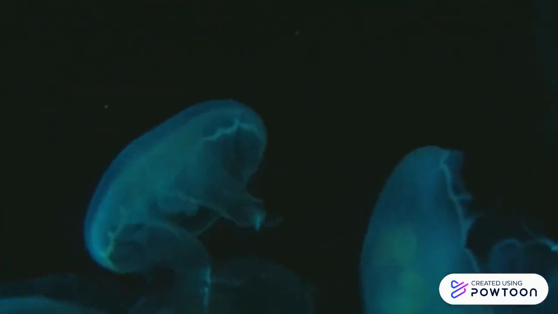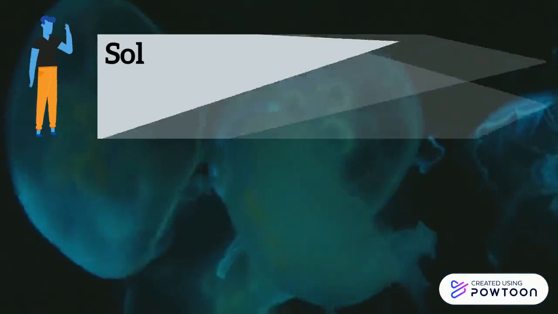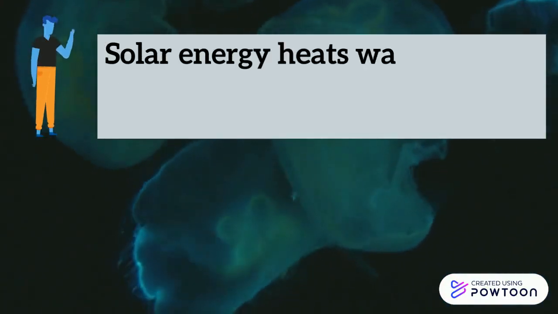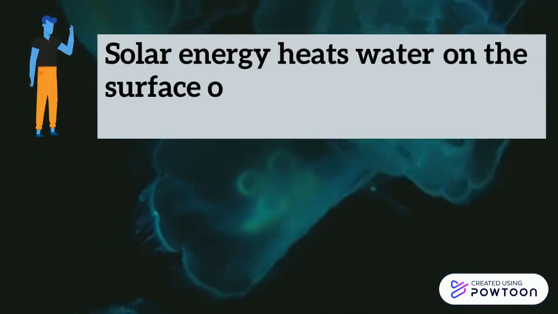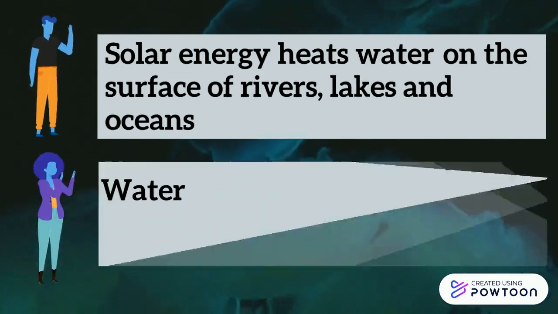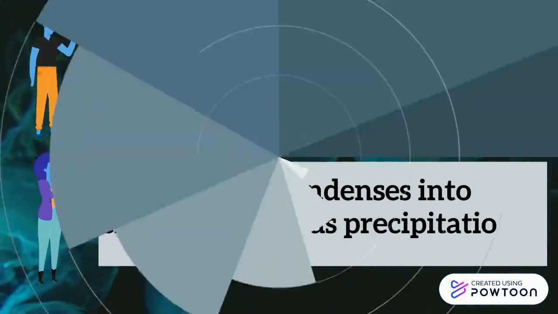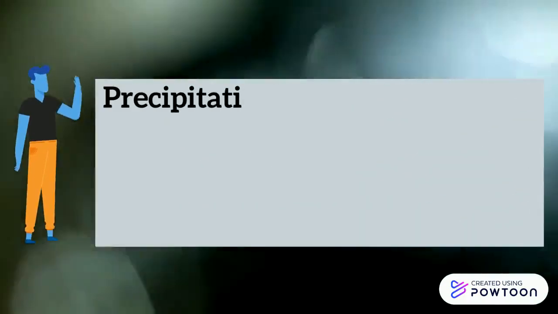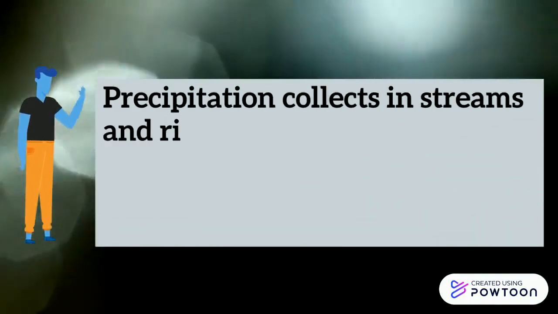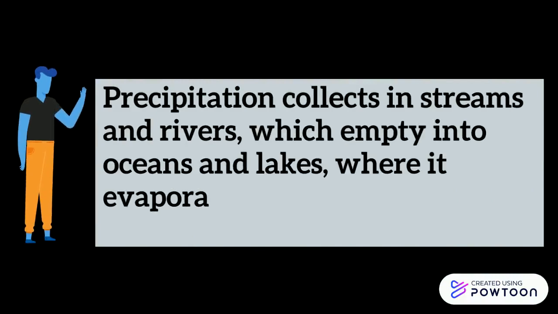Next, I will tell you guys about the water cycle in hydropower. The water cycle has 3 steps. The first one is solar energy heats water on the surface of rivers, lakes, and oceans, which causes the water to evaporate. Next, water vapor condenses into clouds and falls as precipitation, rain, and snow. Lastly, precipitation collects in streams and rivers, which empty into oceans and lakes, where it evaporates and begins the cycle